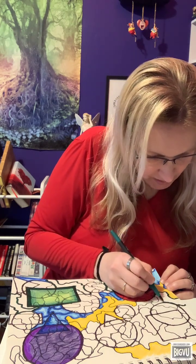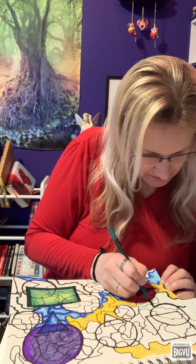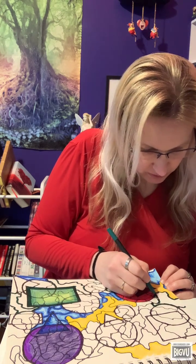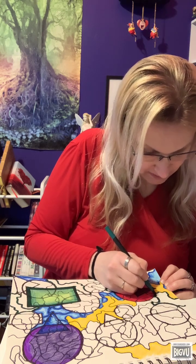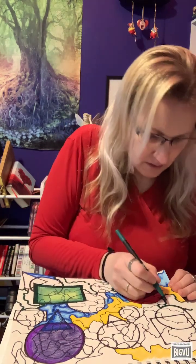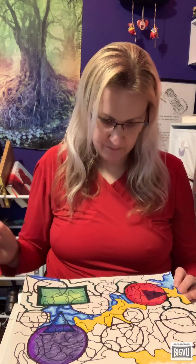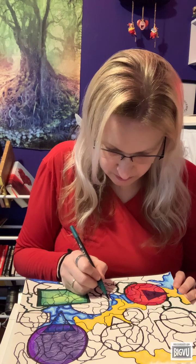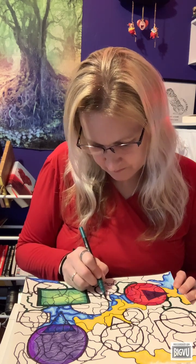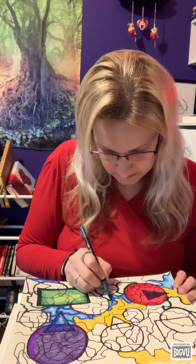I have to say though, the intentions that I have for this artwork and what some of this represents, I can already feel the effects starting to weigh in. Not fully, because it's not complete yet, but I have already started to see some of the effects weighing in my life. And I hope that it's having the same effect for you as well. I hope you're experiencing something similar. I hope you're experiencing some subtle shifts and some subtle relief